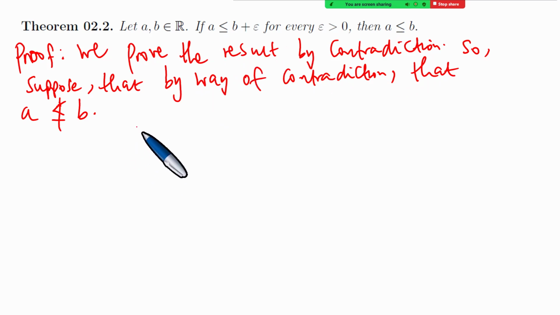To do this, we say, okay, if we just assume that a is not less than or equal to b, then b is smaller than a. If a is not less than b, b must be the one that is less. But it's not only that a is not less, but a is not less and is not equal to b, which implies that